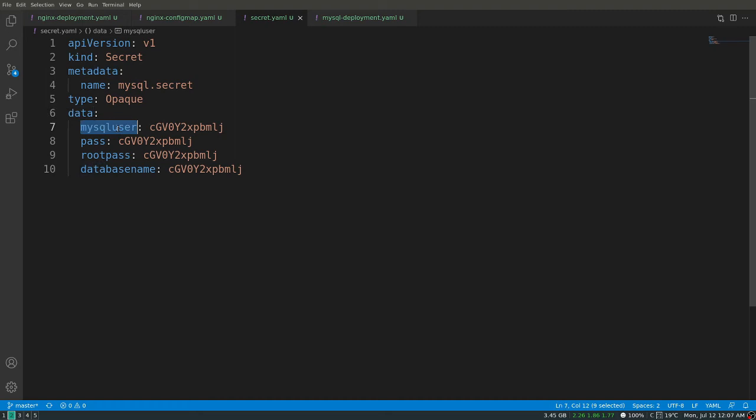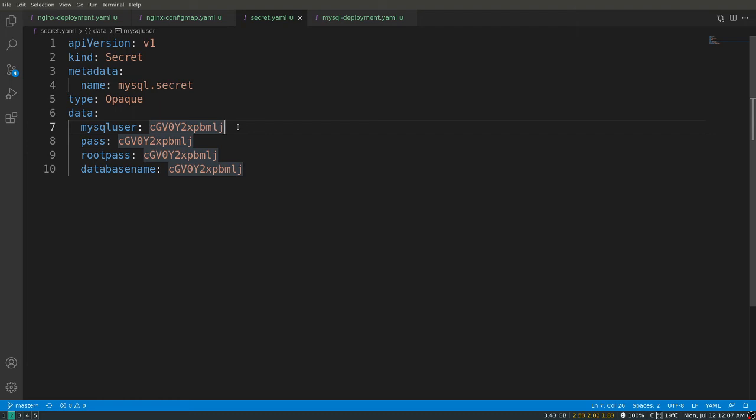The key is mounted as an environment variable name and the value will be the value it is going to contain. This is the username and password and it is sensitive information, so I have already encoded it into base64. So whenever you are creating a secret, make sure you encode a value and put it into your secret. Okay, this is how we create a secret.